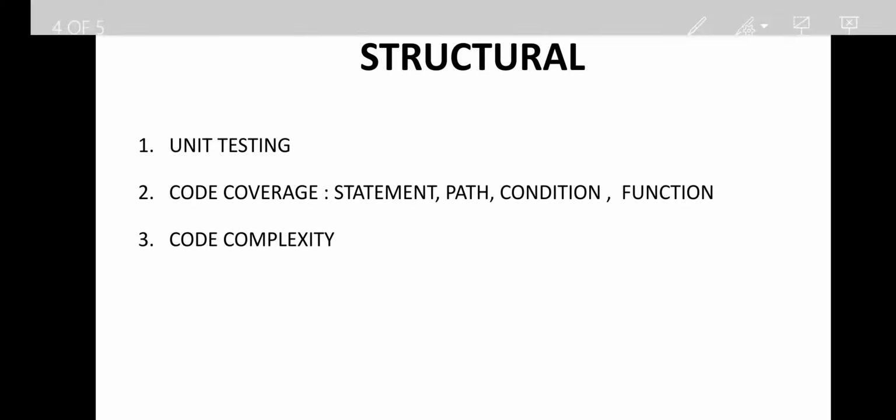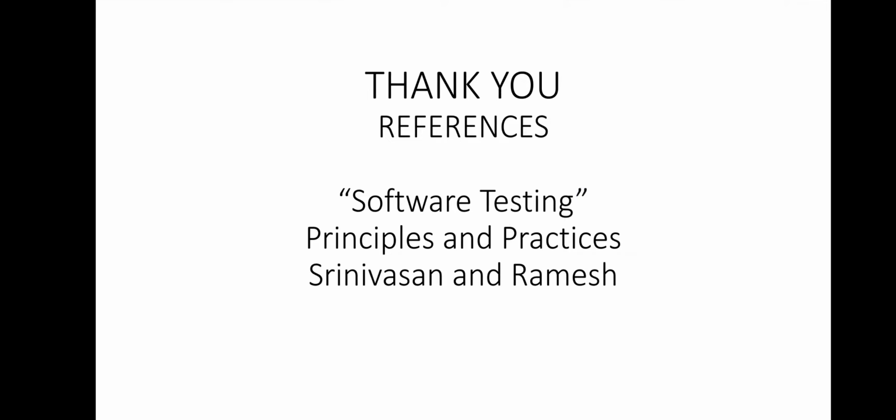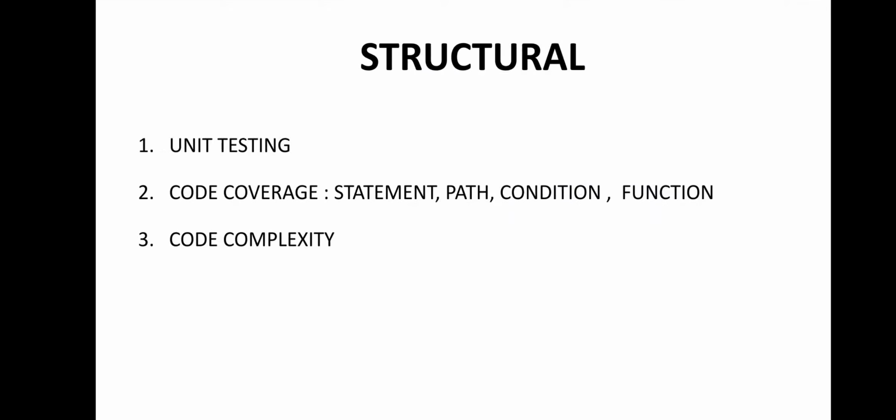Next is function coverage. When we talk about function coverage, basically it is a newer addition to structural testing to identify how many program functions are covered by test cases. The advantage this kind of coverage provides over the other types is that functions are easier to identify in a program, so it is also easier to write test cases for them. The second advantage is that since functions are at a much higher level of abstraction than code, it is easier to achieve 100%.